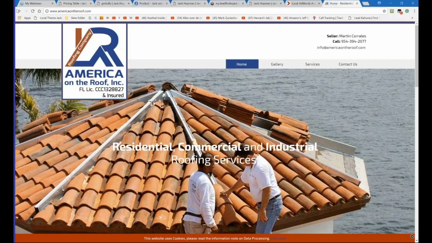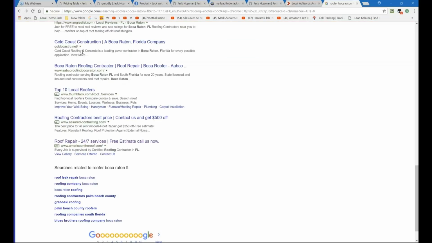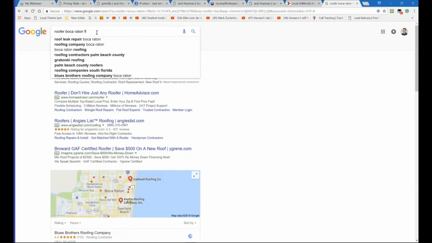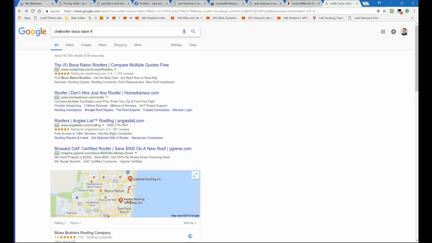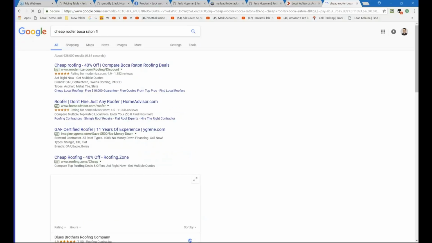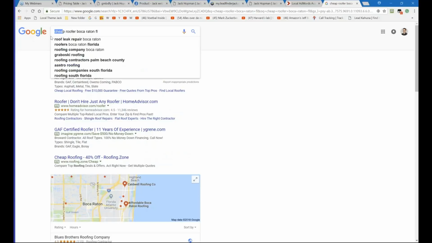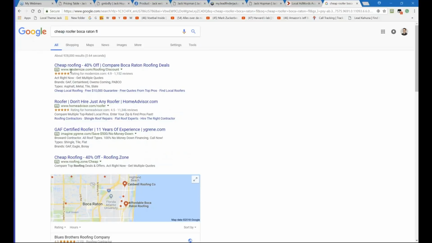Now let me change this to cheap roofer Bogerton. Do I want to show my ad when I use the word cheap? Probably not, correct?